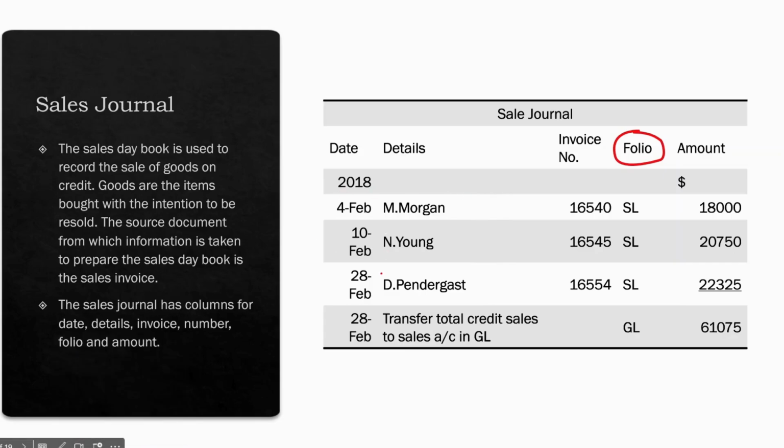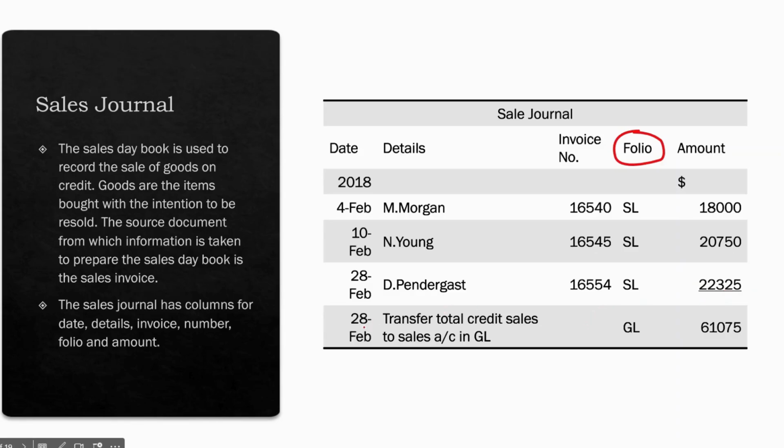All right, so let us interpret this sales journal. In 2018, on the 4th of February, M. Morgan would have purchased some goods from this business on credit, and it was worth $18,000. On the 10th of February, N. Young would have purchased some goods worth $20,750. And on the 28th of February, D. Pendergast would have purchased some goods worth